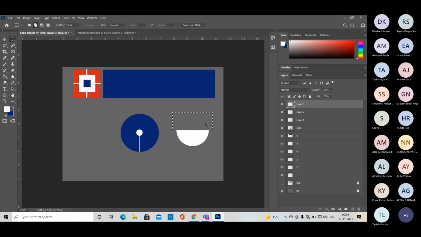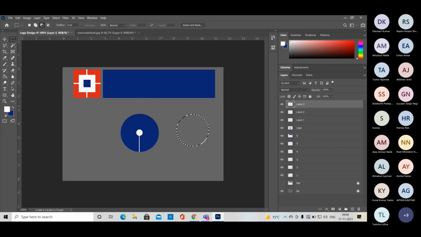So we again use Control Z, right? So with only the part of the selection we can do the same thing. Just go to half selection, then go to subtract selection, then we can do the same thing.